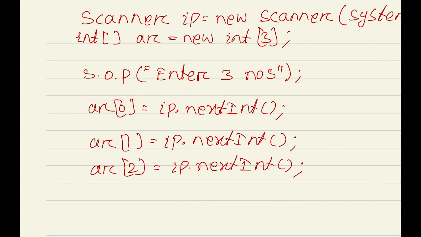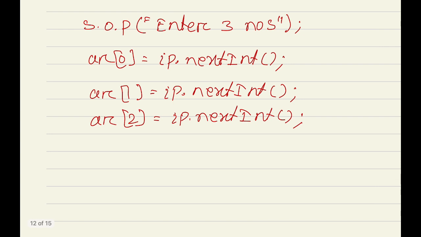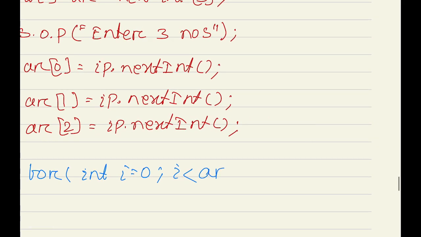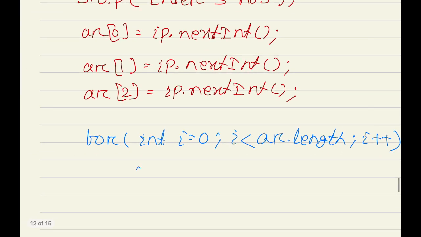So, I am writing the loop here, in a different color. So for int i equal to 0, i less than ar.length, because we have discussed that every array knows its length, and we can find the length of the array using the reference variable dot length. Then i plus plus, we can write ar[i] equal to